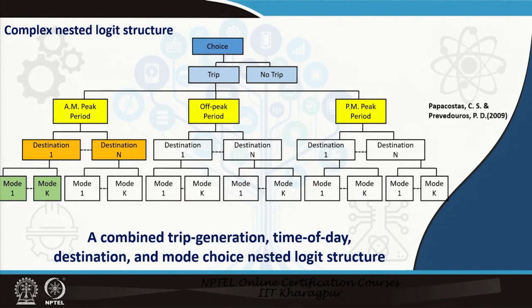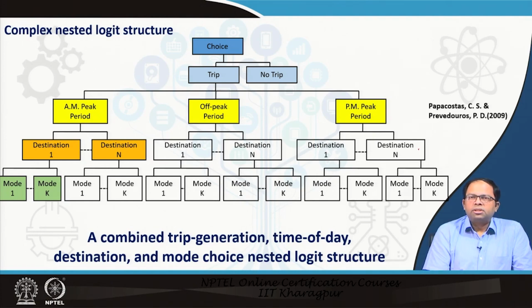We can see in this slide that we have a choice: we can either take a trip or not take a trip, and then we have AM peak, off peak and PM peak. These are the 3 time periods. This is the time of the day model, and for each time period we can have different options of destination, and within each destination we have different mode options. So, for a particular destination we will only have certain alternatives available to us, and accordingly we will choose a mode, and within a peak period only certain destinations are available, and we will choose that destination. So, we can create this kind of complicated nesting structure, and we can develop joint